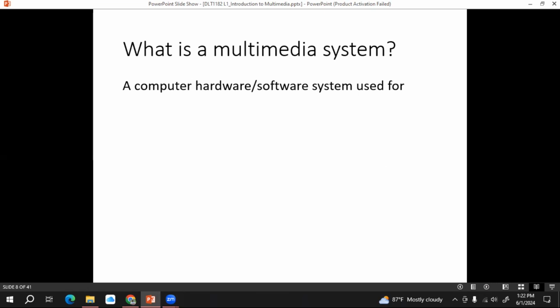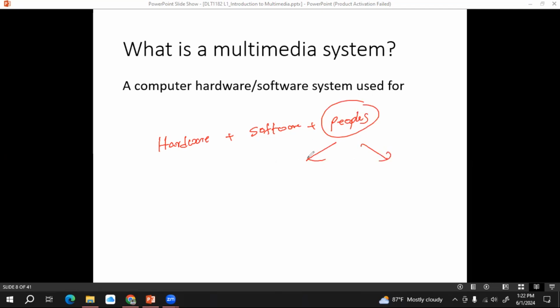Then what is a multimedia system? It is a combination of hardware, software systems, and people. We can say a multimedia system is a combination of hardware plus software plus people. We can divide these people into two categories.